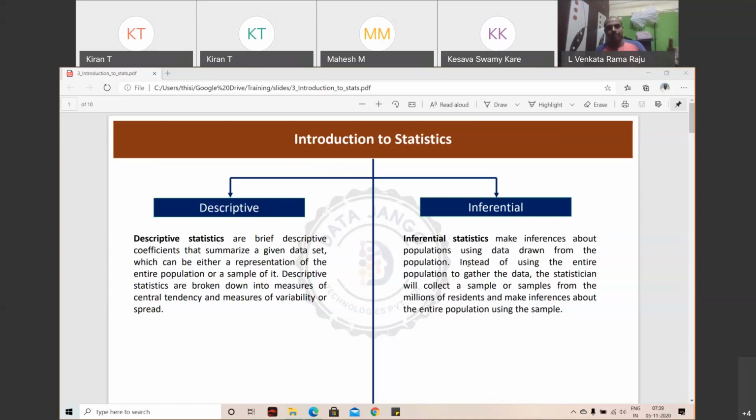Like that, we should have some tools to describe the whole data. There may be a billion records, but we should understand it at a high level. To understand the data at a high level, we'll have 2, 3 numbers. Generally, central tendency and variance, standard deviation and z-score. With these numbers we try to understand the total data. So those numbers which explain or describe the total data are called descriptive statistics.